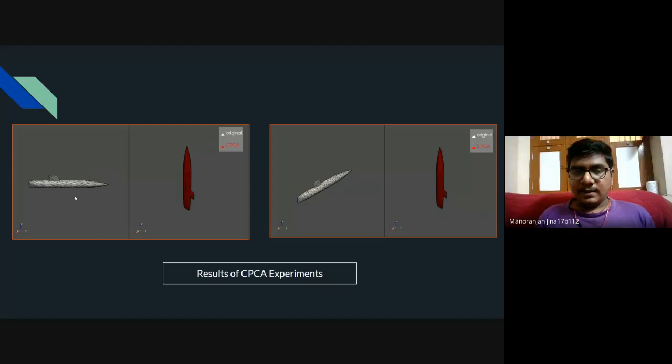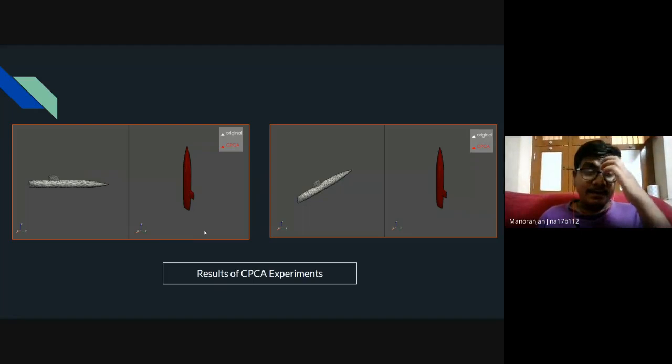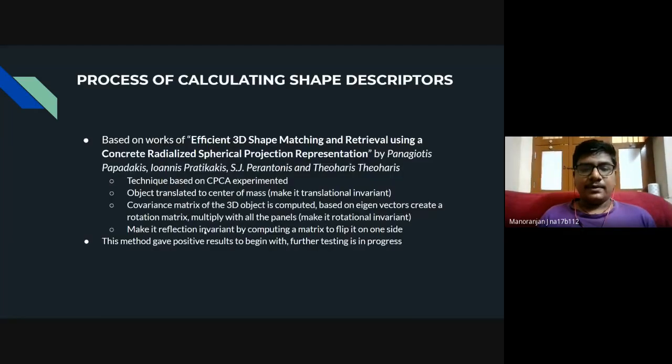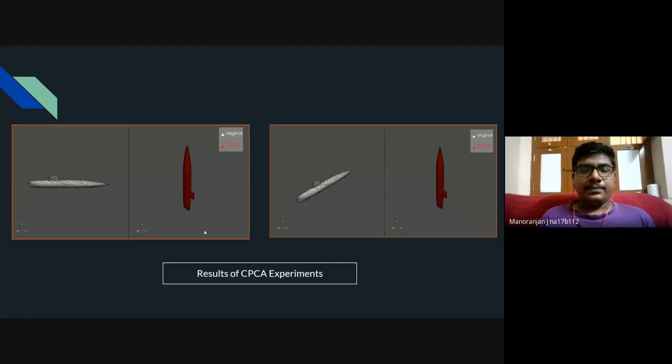There is a chance that this orientation is specific to this particular object, and for different objects, different orientations may come. But what this algorithm does is, for the same set of objects, no matter how they are translationally or rotationally differently oriented, it tries to bring them back to this orientation. This is currently under testing. This was the last progress that was made, and it has to be tested well before we can come up with conclusions.